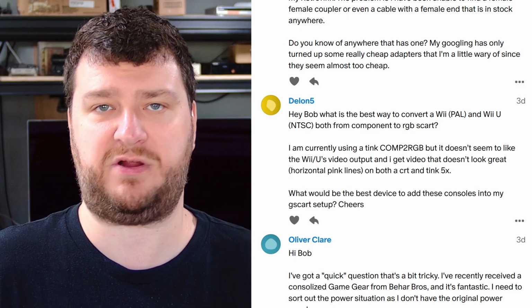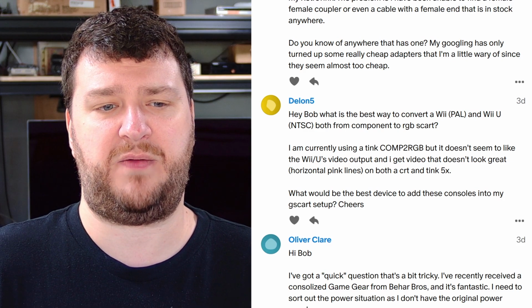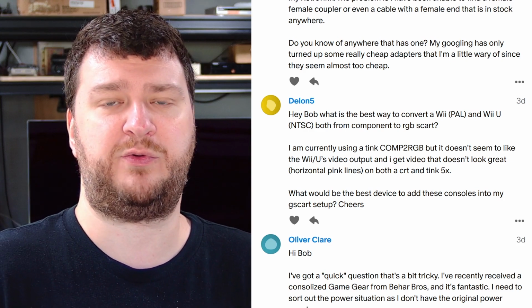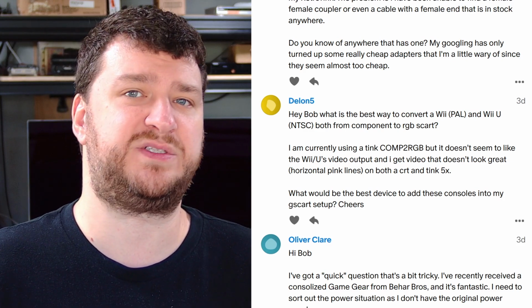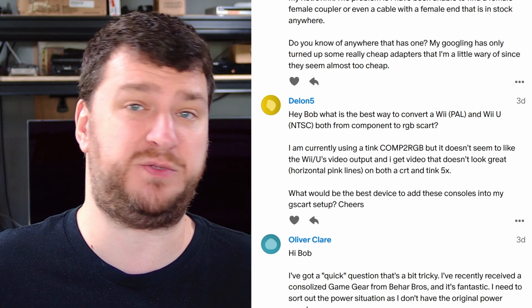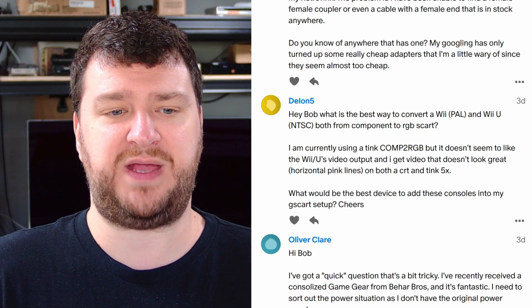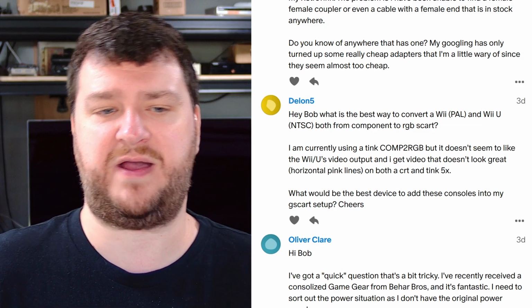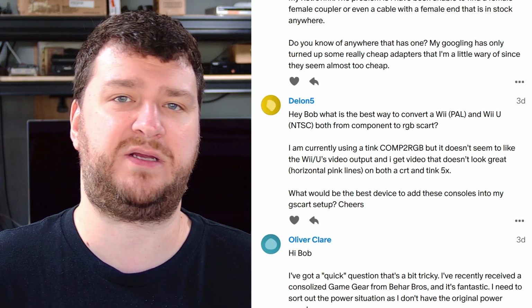You would just need to get a SCART cable for that. So I don't know if you would need to even go through a converter. I think you would have to force 480p modes with the USB loader or something like that, but that should be an easy solution. But as far as getting weird pink lines or anything, what is the cable that you're